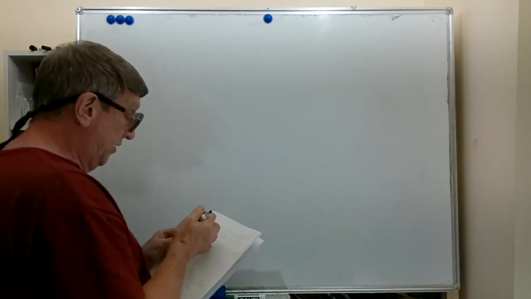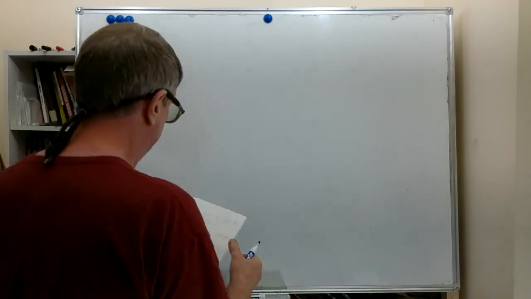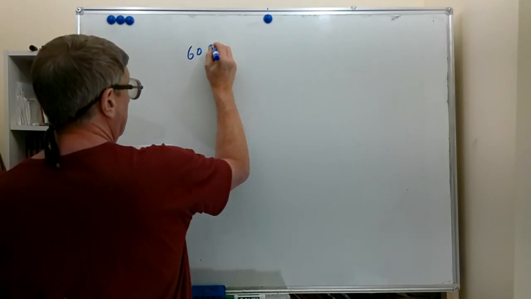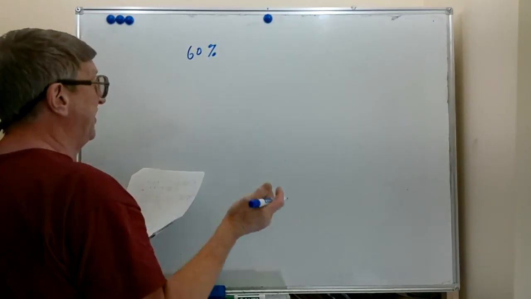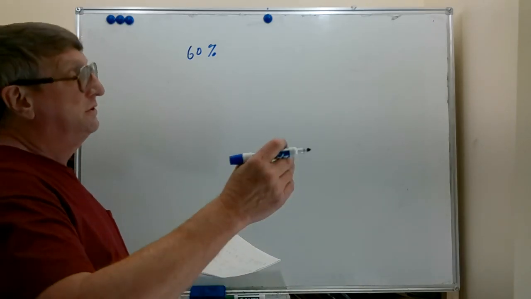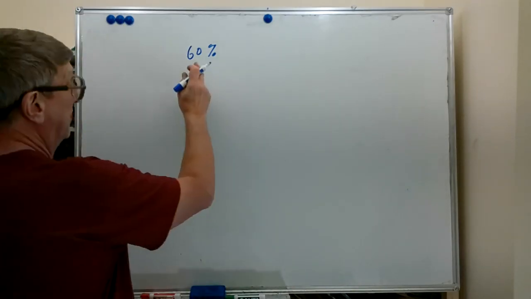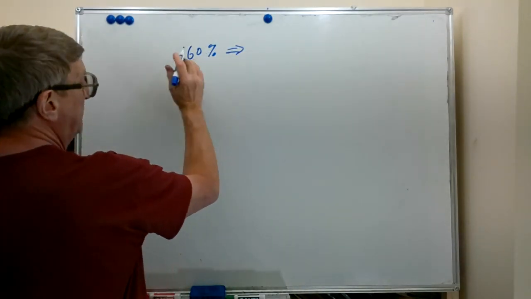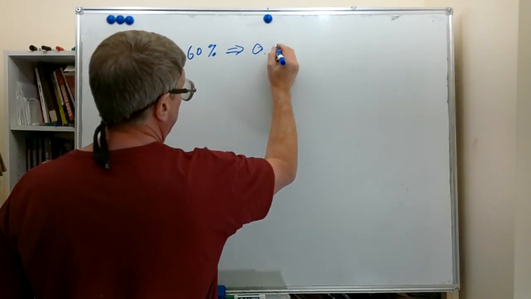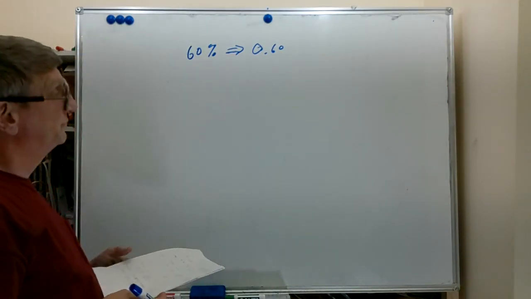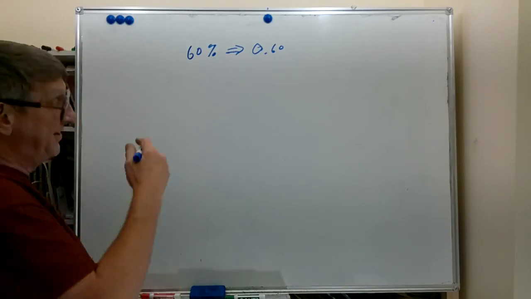So what we're going to do now, we're going to take some percents. We'll start with 60%. Then we're going to change that to a decimal. Remember the rule, percent to decimal, move the decimal place 2 places to the left. So this simply is 0.60. There's our decimal version. To make it a fraction,